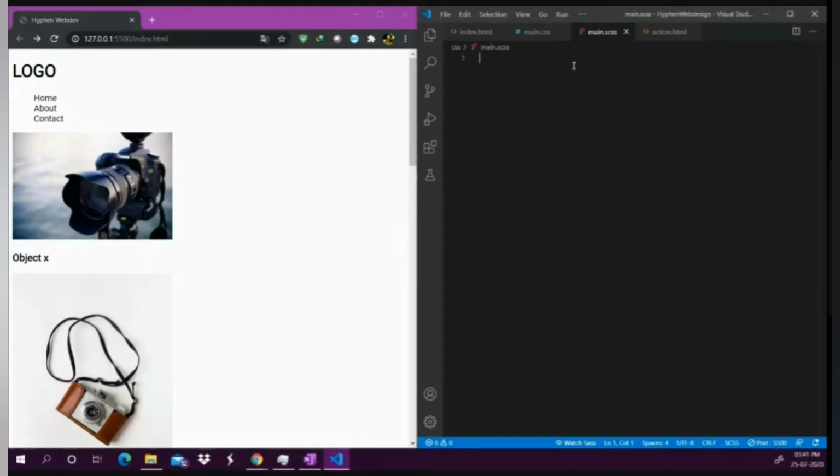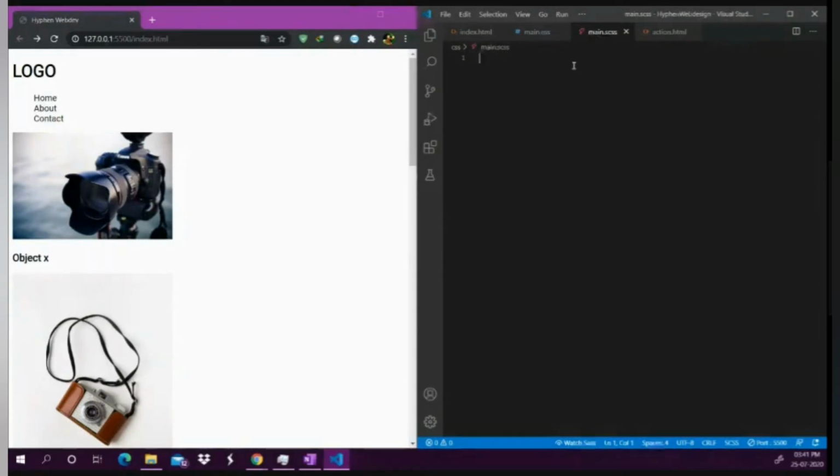But in the case of SCSS, HTML is not directly reading from SCSS. HTML is directly reading from CSS, which you have to get by compiling the main.scss file. So what happens is each time you are making a change in the SCSS, you will have to recompile the